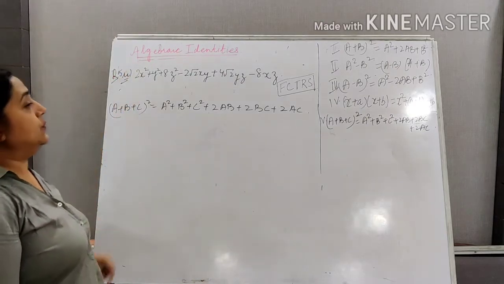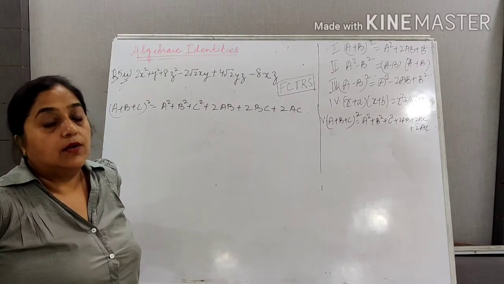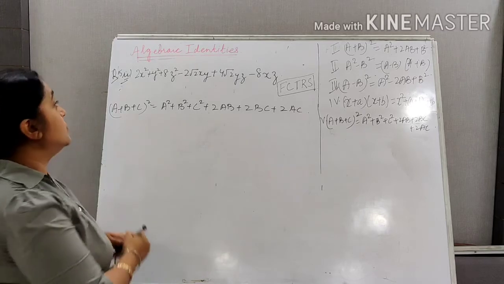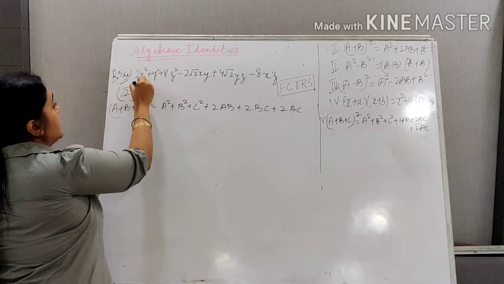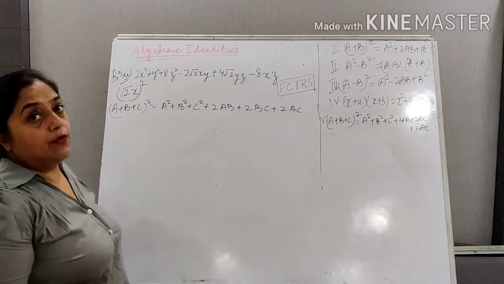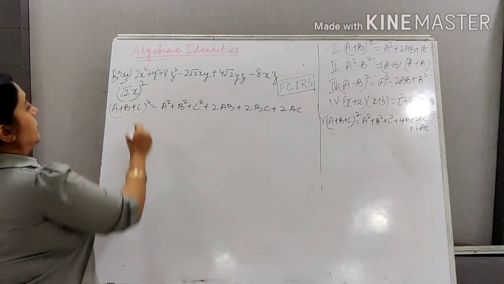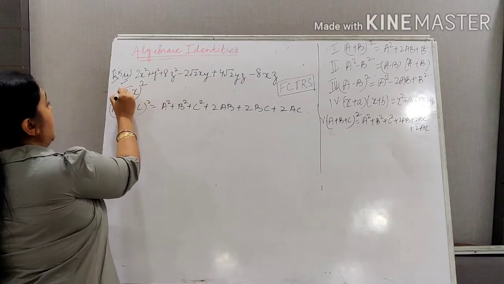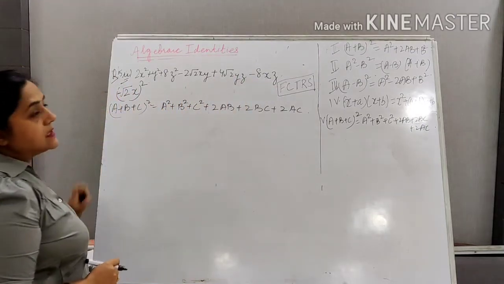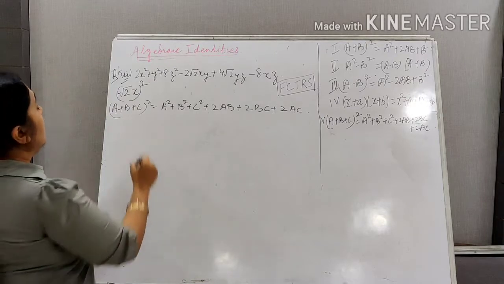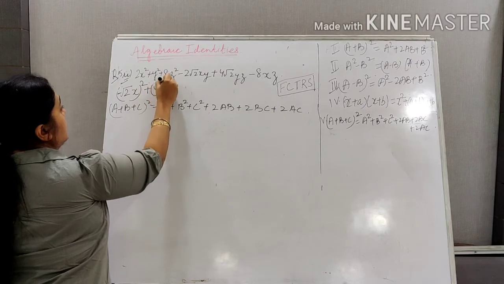Now let us see 2x square. Now 2 is the square of which number? You have done irrational numbers. So 2 is the square of root 2. So what will you write? Listen to me very carefully. It is (root 2x) square, since 2 is the square of root 2. Now again I have to put a negative sign here. Why? Because I have seen that my x term is negative. Now here y square, so it is y whole square.